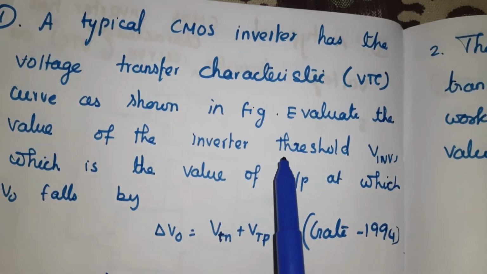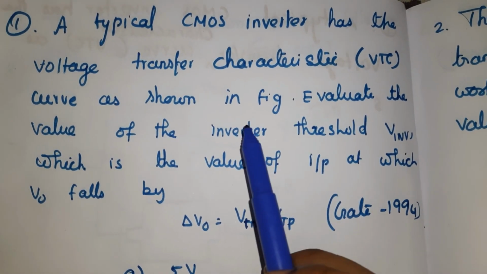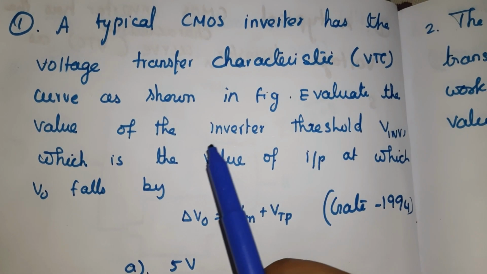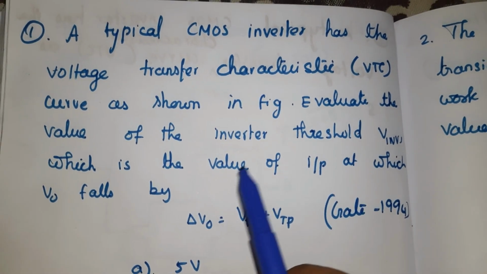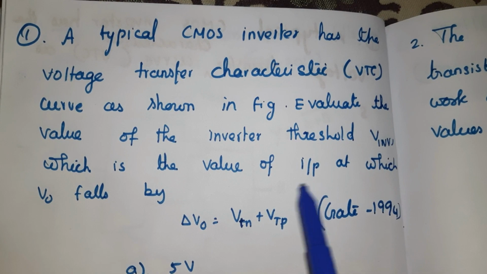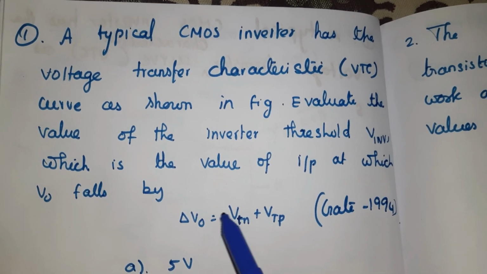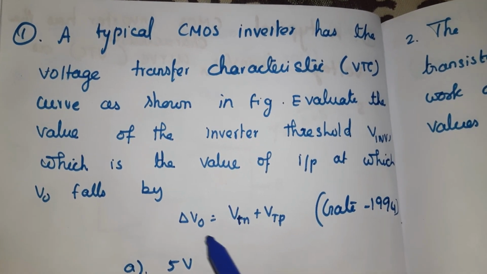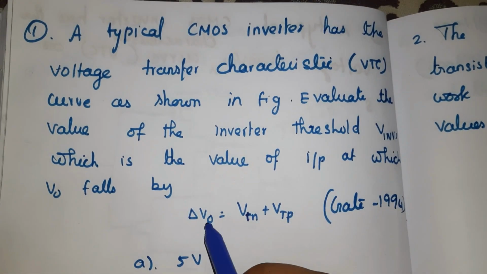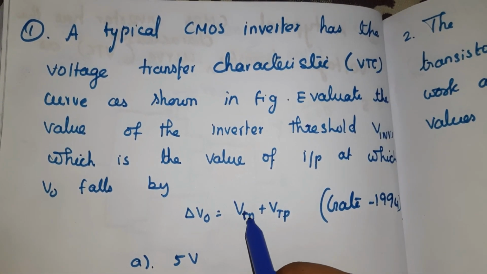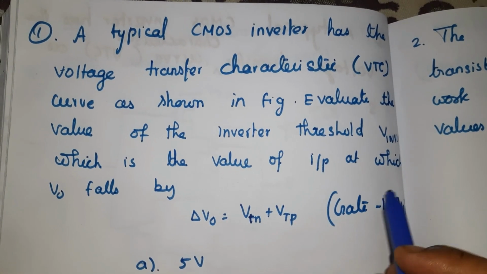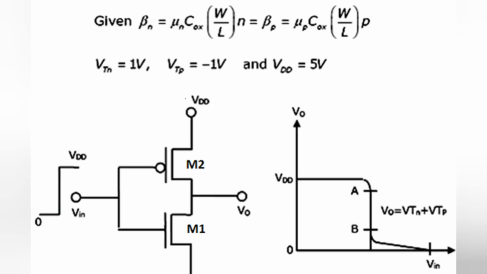A typical CMOS inverter has the voltage transfer characteristics curve as shown in the figure. Evaluate the value of the inverter threshold, which is the value of input at which V naught falls by... The condition here is del V naught is equal to VTN plus VT. This is a question from GATE 1994, and in the figure they are mentioning VDD is equal to